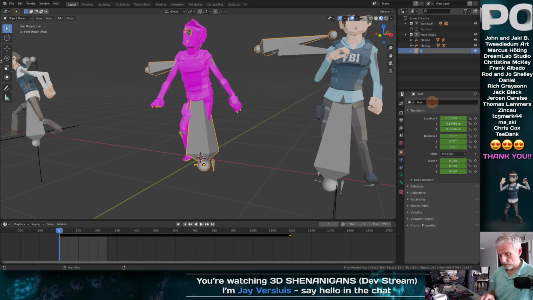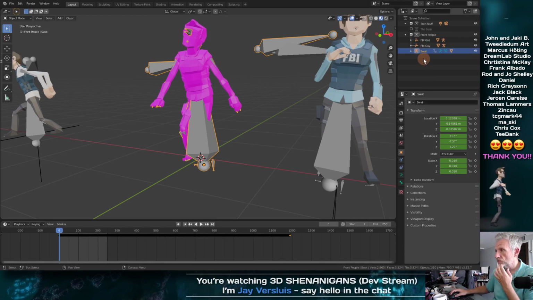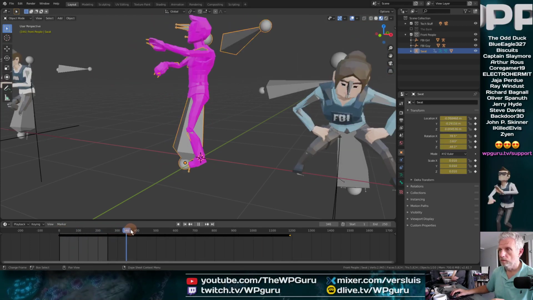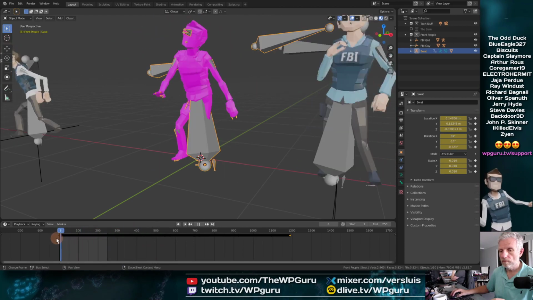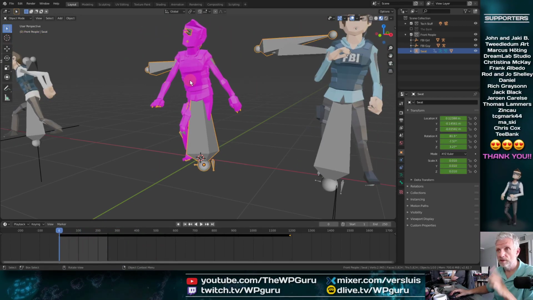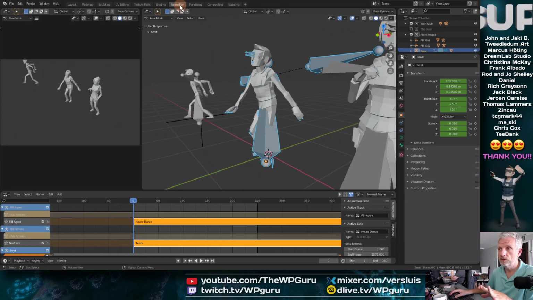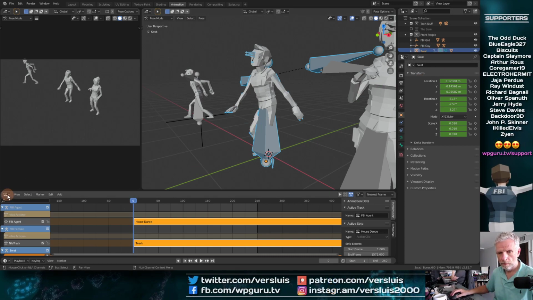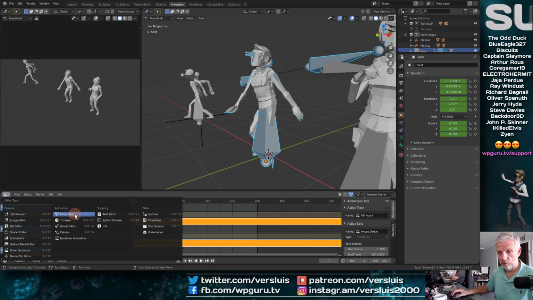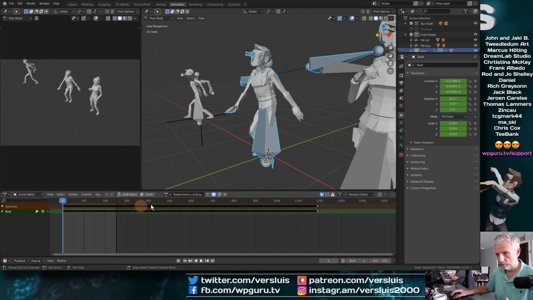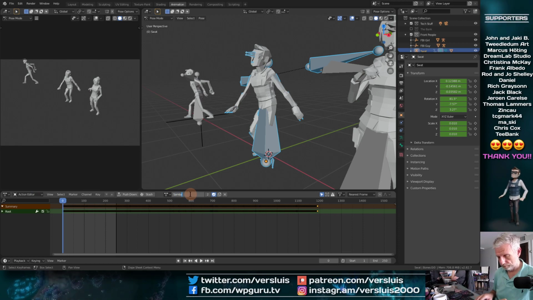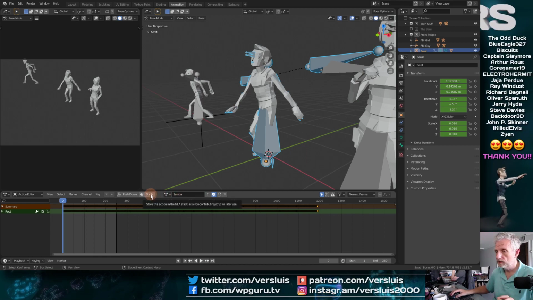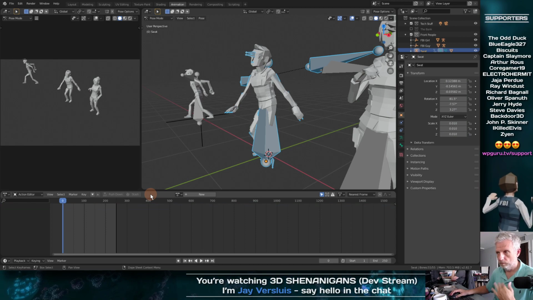So we'll call this just the SWAT dude so that we know this is the SWAT guy. And he's doing the samba. That's cool. So that's FBI guy now. Sorry, that's FBI guy with the SWAT animation. So let's go and don't touch the textures. We're just going to go into animation, and he's not actually the SWAT guy. So we're going to get rid of him in a moment. Let's bring that back to the dope sheet in action editor mode. And here I'm going to call that samba, so that we have a good name for it. And this one I'm going to go and stash. Boom, gonski.